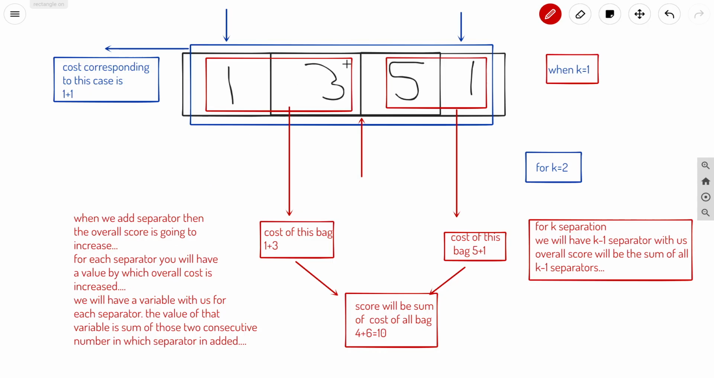So basically what we will do, we will choose this subarray. This is our subarray, and this is again our subarray, and for each subarray we will put all the marbles in a particular bag. So this is our first subarray, we will put all marbles of this subarray in bag 1, and for this subarray we will put all marbles in bag 2. So for bag 1 our cost is nothing but 1 plus 3, that is 4, and for bag 2 the cost is nothing but 5 plus 1, that is 6, and the overall score is nothing but 4 plus 6,